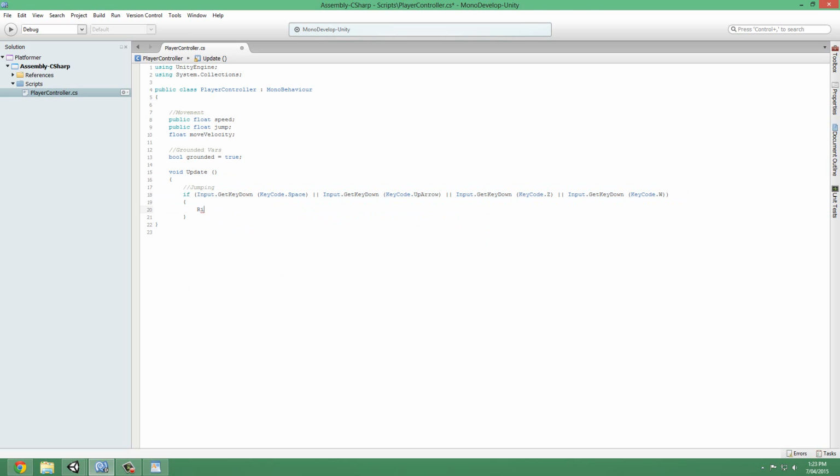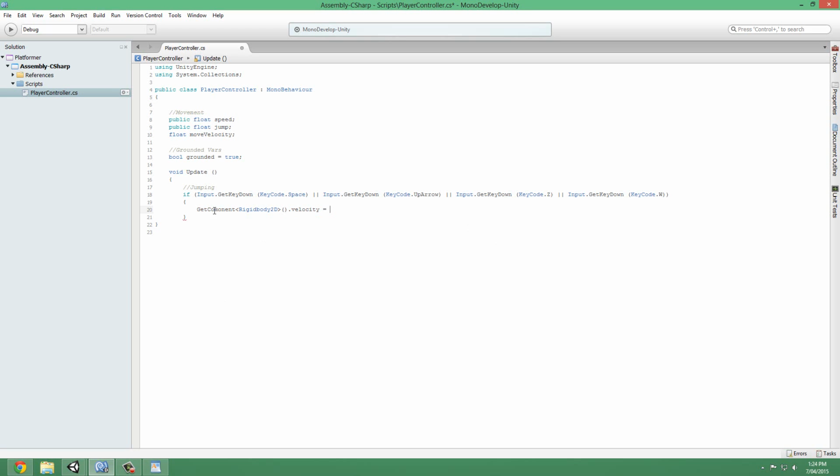Well, no, in Unity 5 they've updated the coding system a bit, and first you need to get the component of the Rigidbody. So you're going to write GetComponent Rigidbody2D, and now you're going to have these opening and closing parentheses to say that it is a function, and we're going to write dot velocity